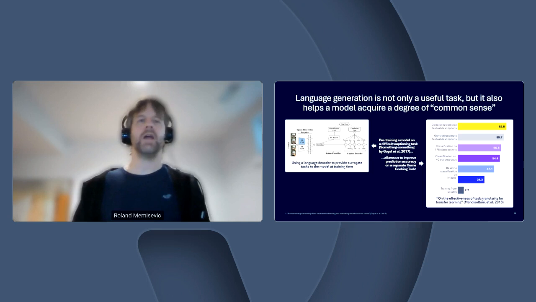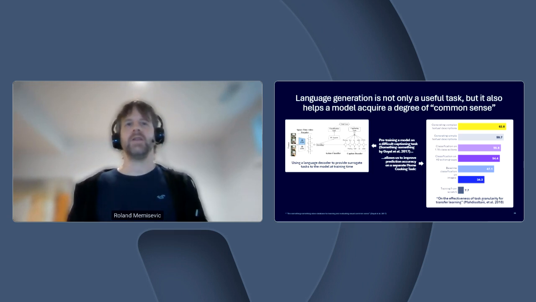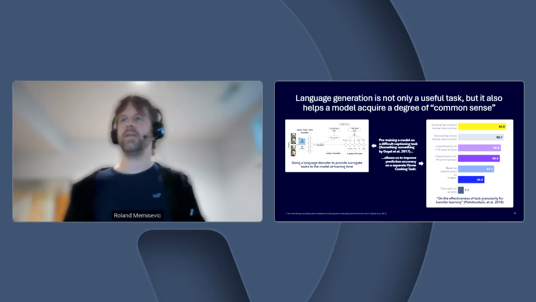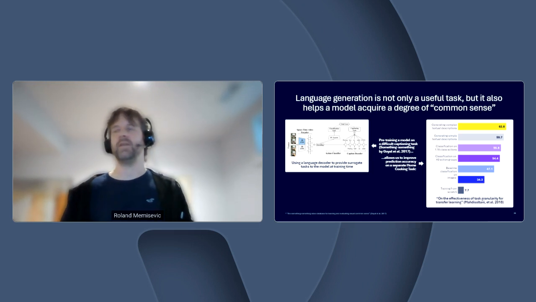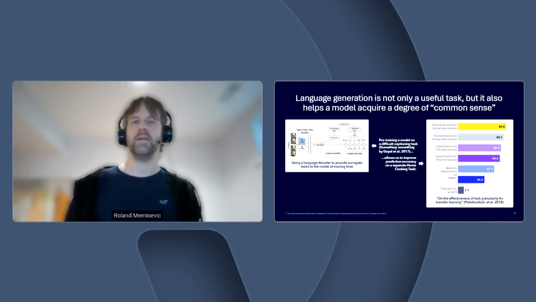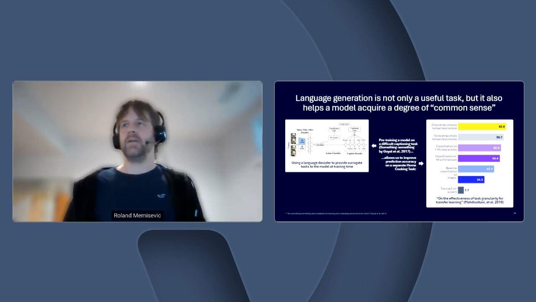So what we did is took a two-stream vision encoder, had a classification task that you see on the left, and then we said, okay, let's also attach a decoder language model to that system and feed the model labels that talk about increasing degrees of complexities that you can infer from those videos, since that's something the data set provides for these various degrees of complexity. And so then what happens if we take that model and just use it as a feature extractor to apply it to a different task.